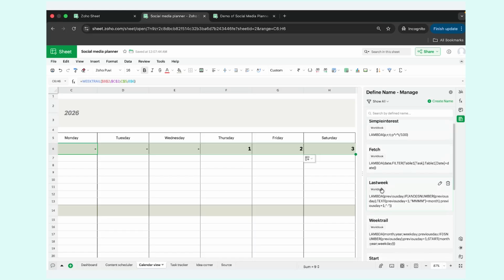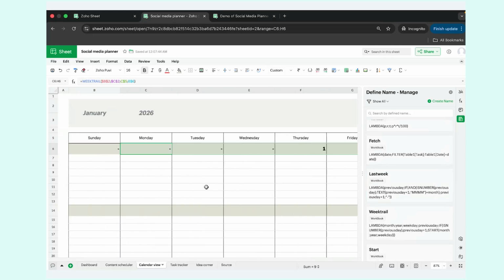The last function that we have is called last week. So we're going to check if, so let's say January 1 or this January only has 31 days. So what if it crosses 31? I'm just going to drag and drop this item until whichever day I want. And what if it's February and you're going to February 30, which doesn't exist, by the way? So we're going to create a function that is going to put a hyphen whenever it's crossing that limit. If it's going to be 32, just put a hyphen. If that previous cell plus 1 is going to give me 32, which doesn't exist, by the way, just give me a hyphen. So I'm going to create the one final function to get this ready,